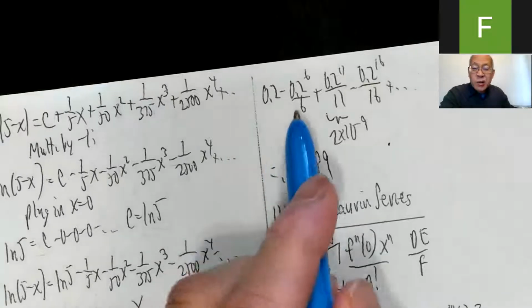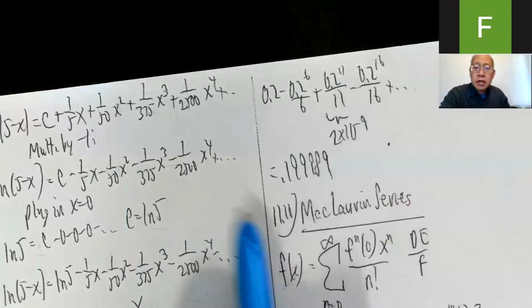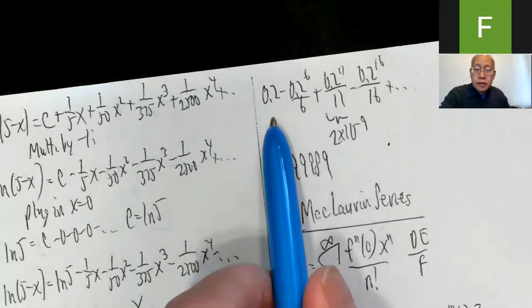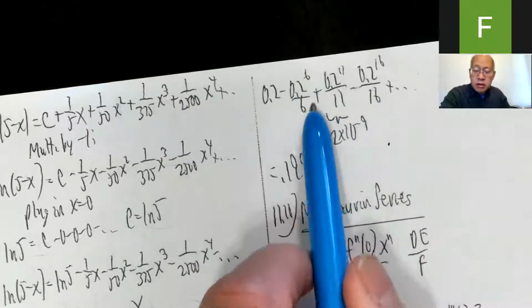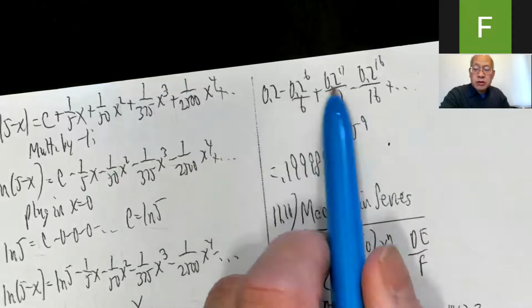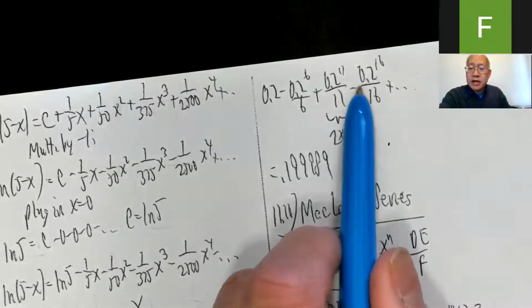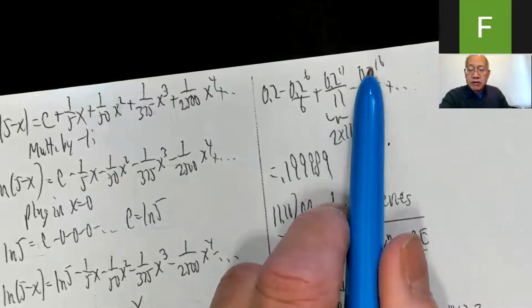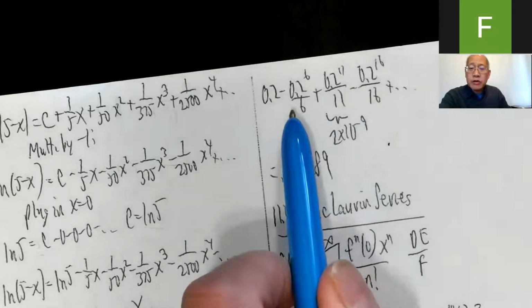Okay, what kind of series is this? Hint: plus, minus, alternating series. They're alternating. Are the terms decreasing in absolute value? They sure are. And do they approach 0? They sure do. And 0.2 is a fraction, that's 1/5. 1/5 to the 16th is very small. Okay, and then by the alternating series estimation theorem, it says if I stop anywhere, the error is no more